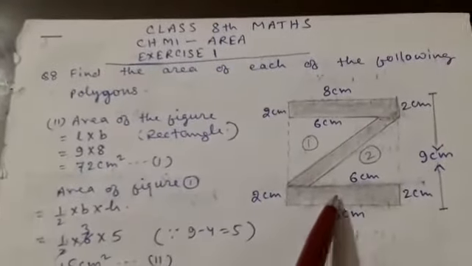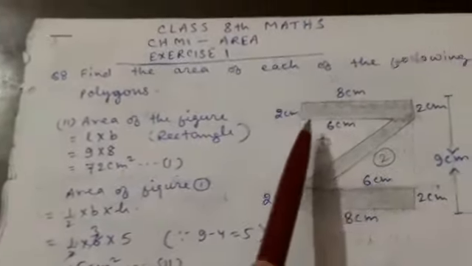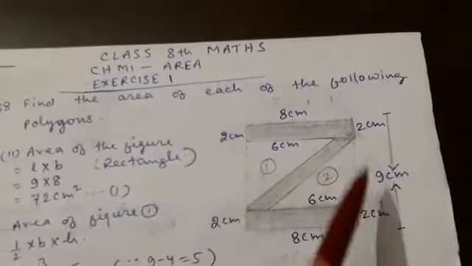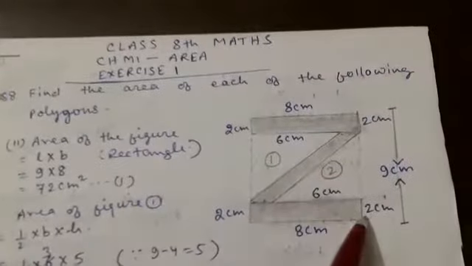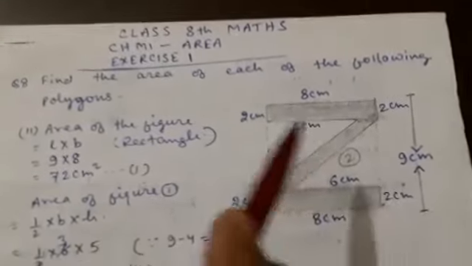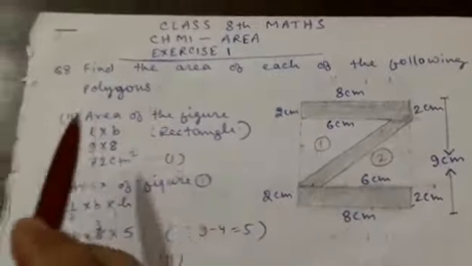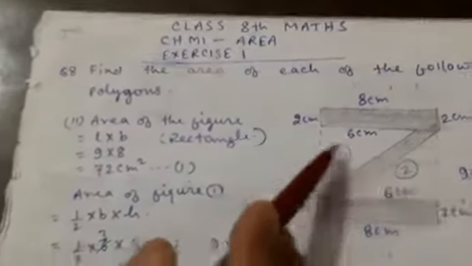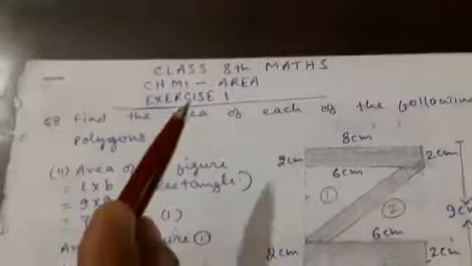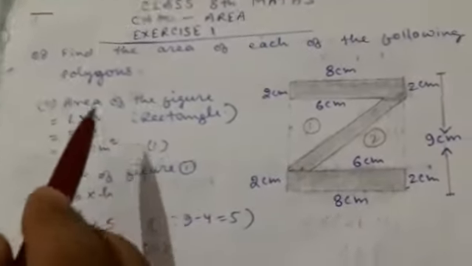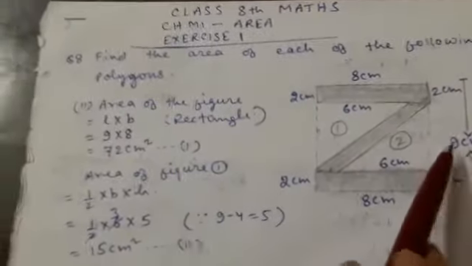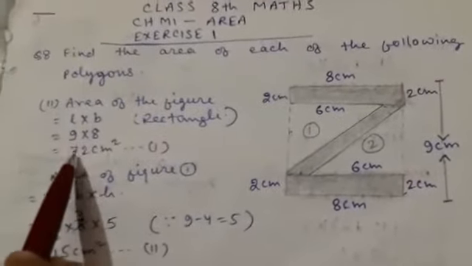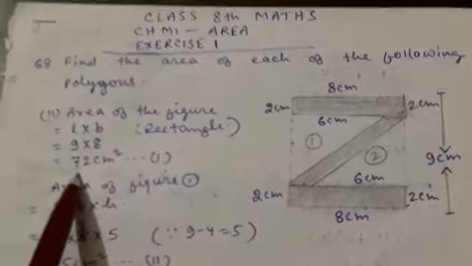So this figure is given. We have to do one thing. Draw one line on the left side and right side. We will join both these sides, then it will become a rectangular shape. So we will find out the area of this rectangular shape, or the whole figure, that is length into breadth. Length is 9 centimeter and breadth is 8 centimeter. So area of rectangle is equal to 9 into 8, that is 72 centimeter square.